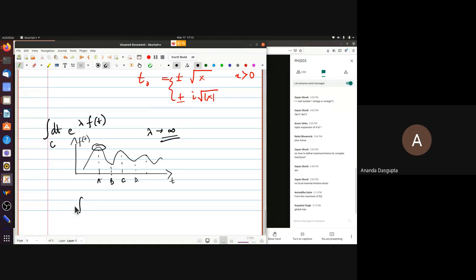What you do is you take this point, let's call the value of t here t0, near the global maximum. And what you can, of course, write is this f(t0) plus